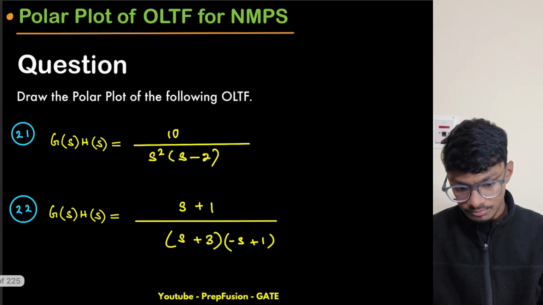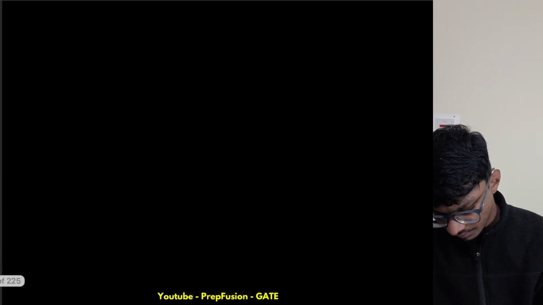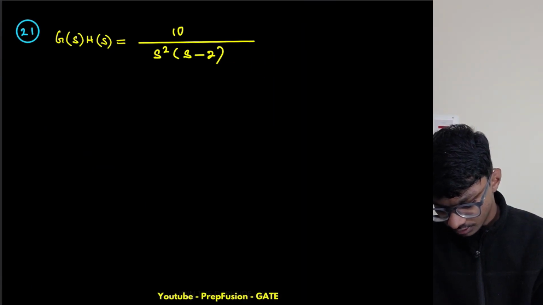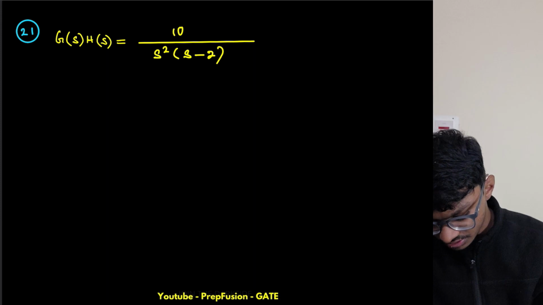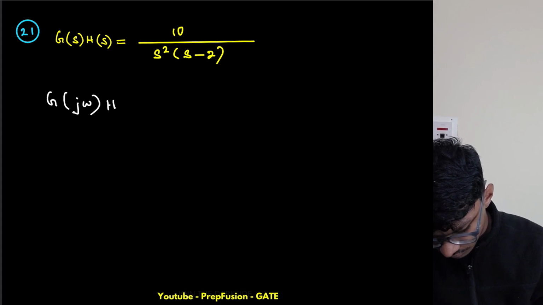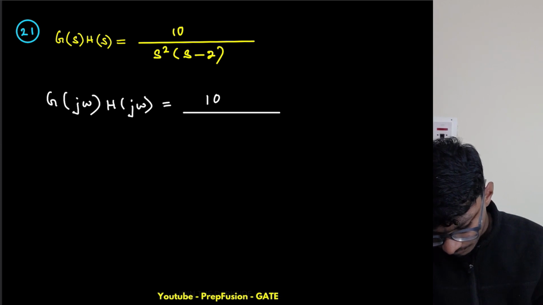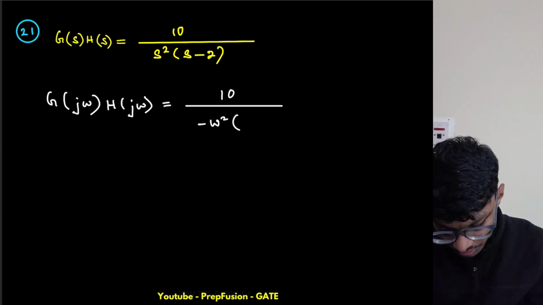So let me plot this first OLTF. You try to plot it for yourself, right? So first what we'll do, obviously, put s equals to j omega. Those steps are the same, like for polar plot, most of the steps are the same only. Okay, so if I put s equals to j omega, this becomes minus omega square, and this becomes